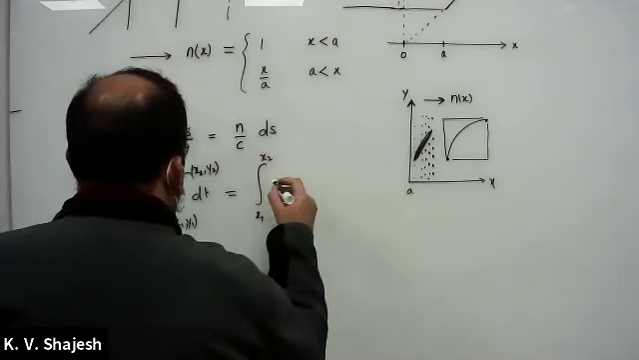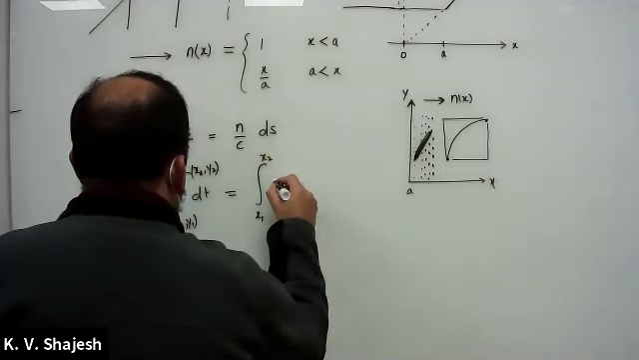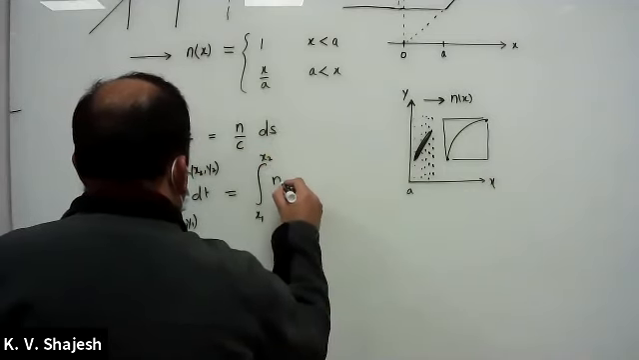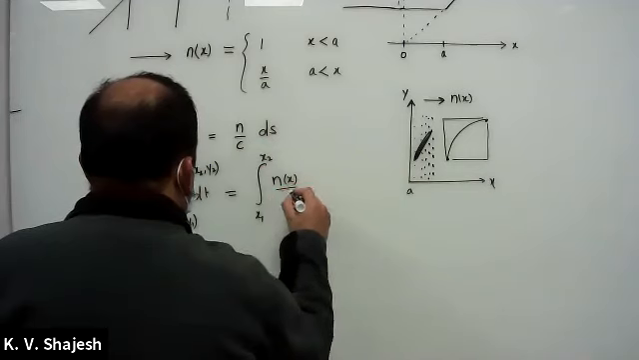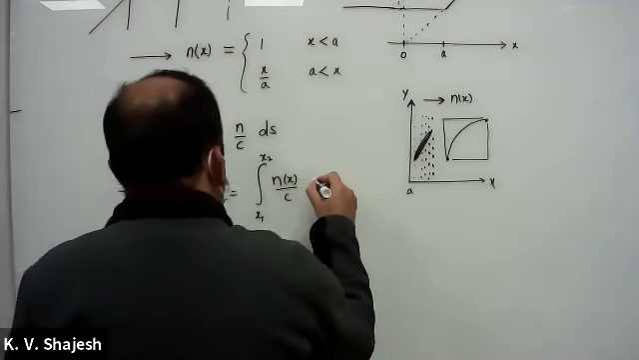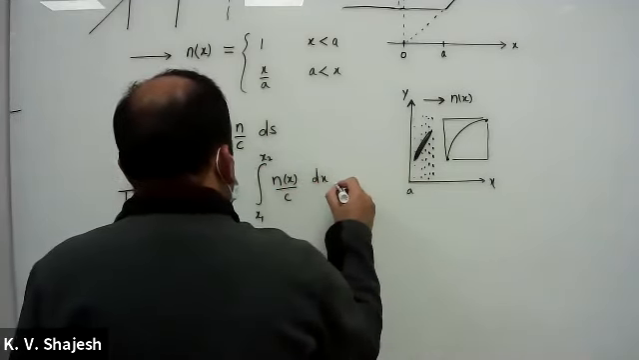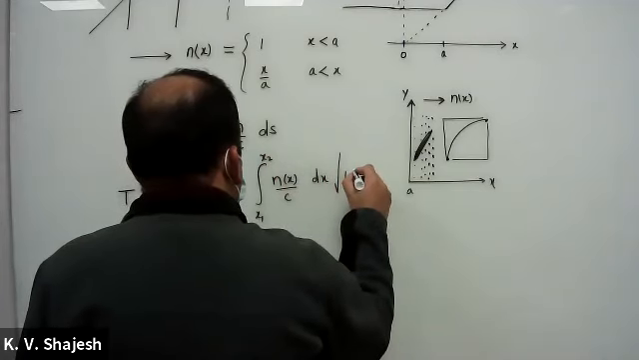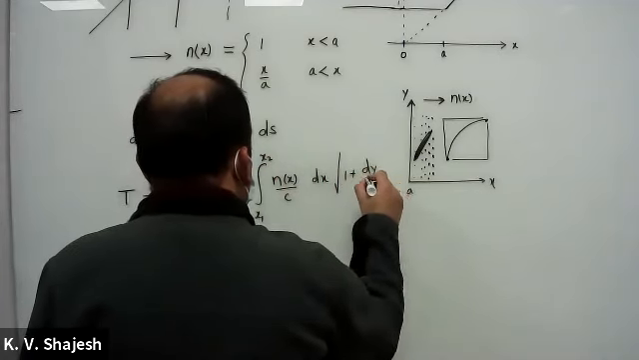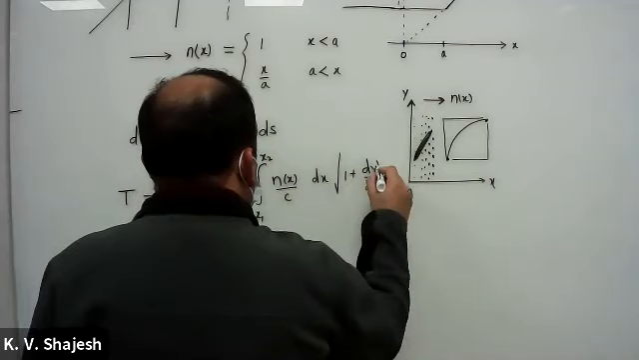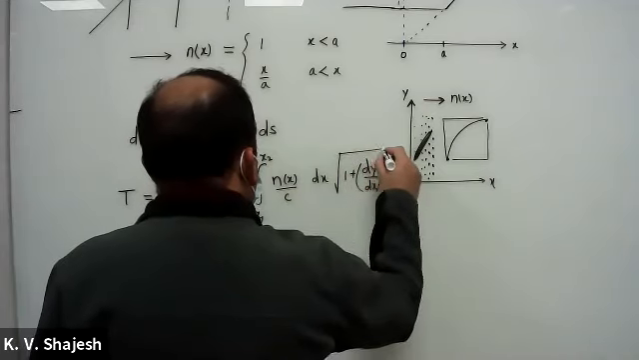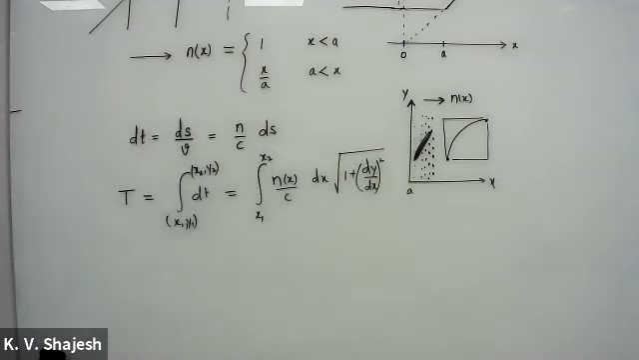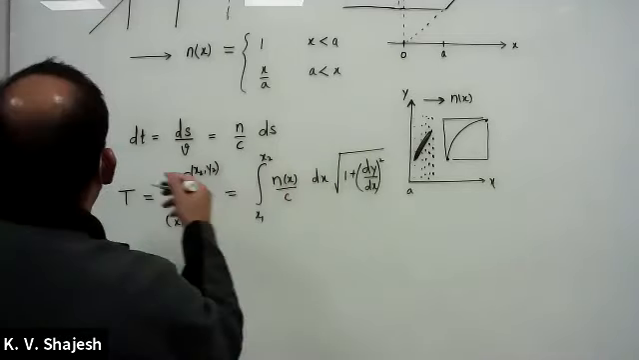dt is this quantity, so this is n of x over c. ds is nothing but dx times the square root of 1 plus. Is that clear? And again, I used ds as